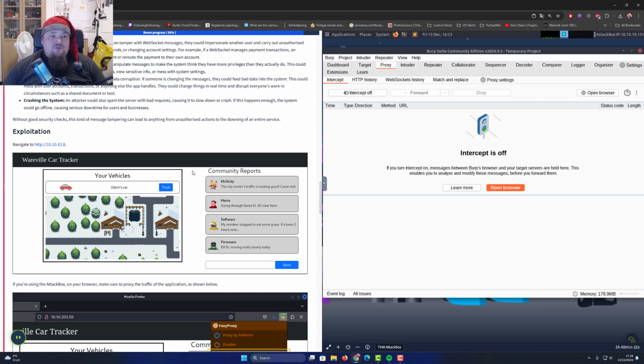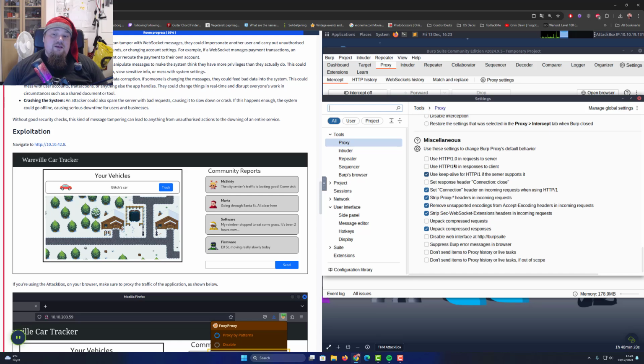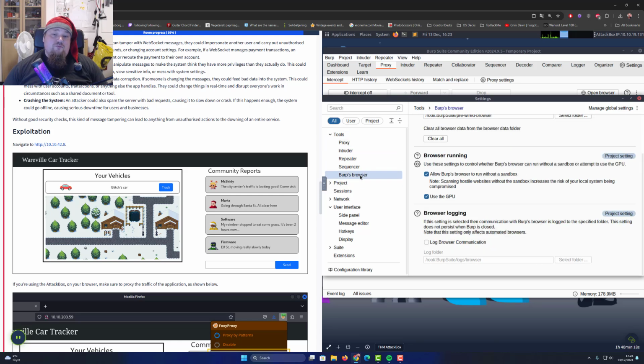Now, in order to try and exploit this website, we're going to have to use Burp, but we're going to use Burp in a non-sandboxed environment to use the same browser Burp has. So go into Burp proxy settings and make sure that under Burp's browser you check allow Burp's browser to run without a sandbox. Also make sure that under tools,